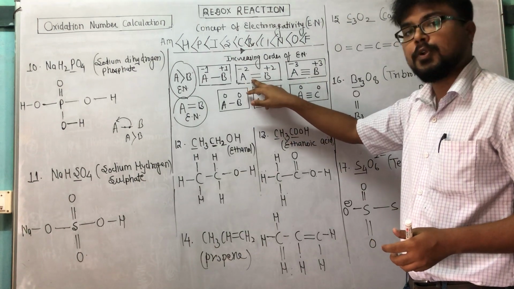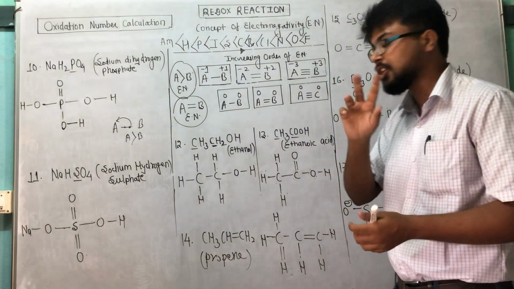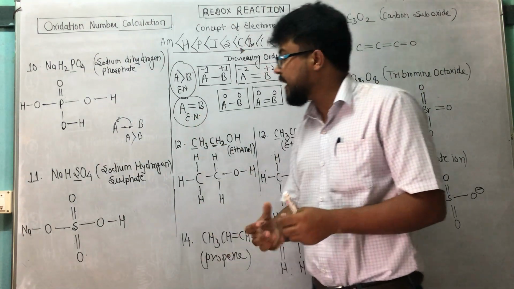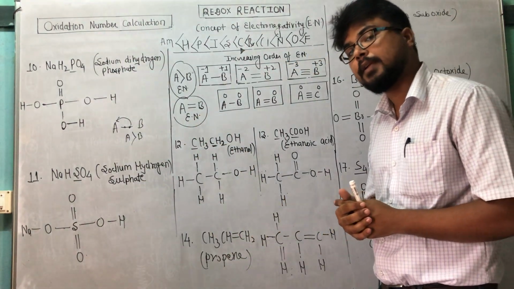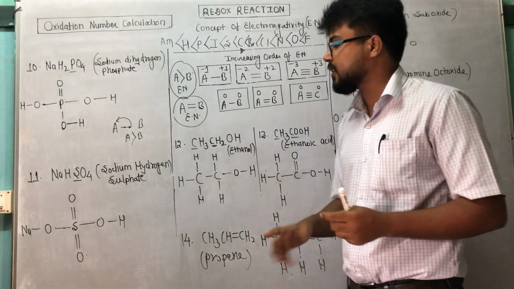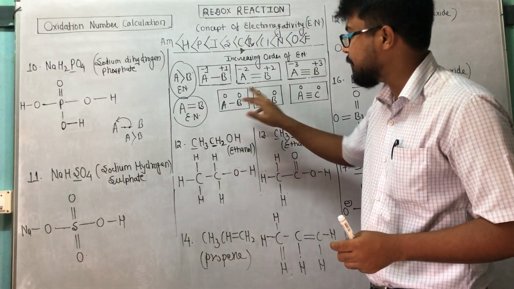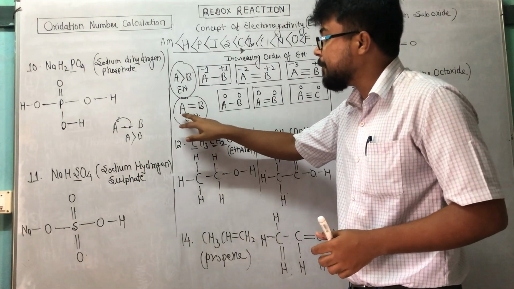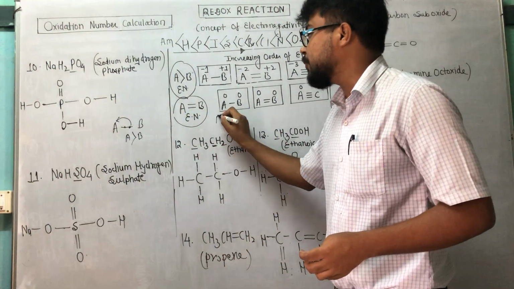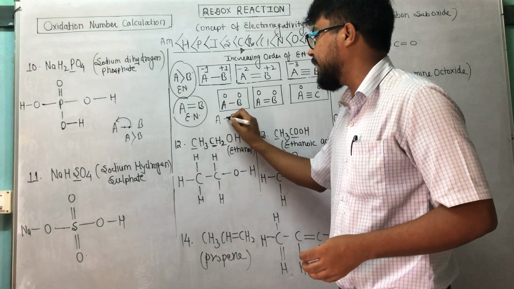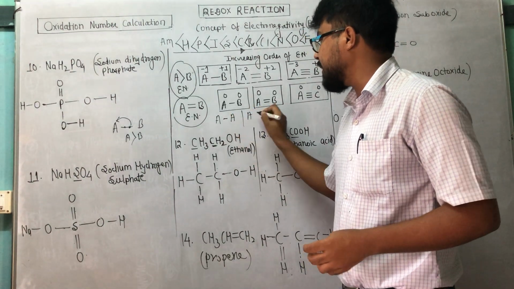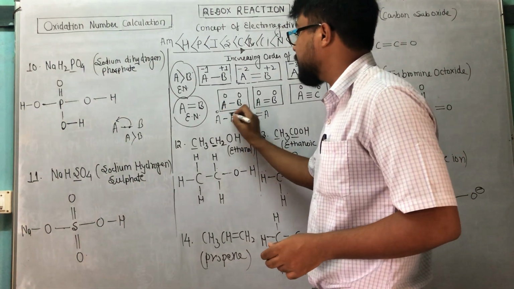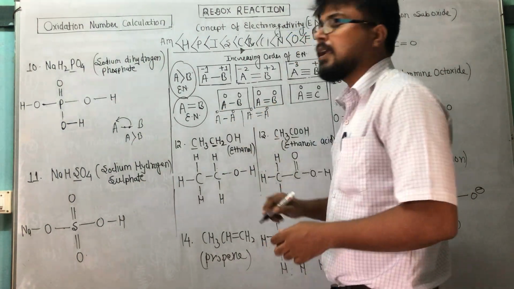Here it will contribute 2 units, here it will contribute 3 units. If A and B both have the same electronegativity, then there will be no contribution, either it is a single bond or multiple bonds, correct? Or if a bond is present between two similar elements, suppose A and A, a single bond or a double bond, there is also no contribution because both have the same electronegativity.